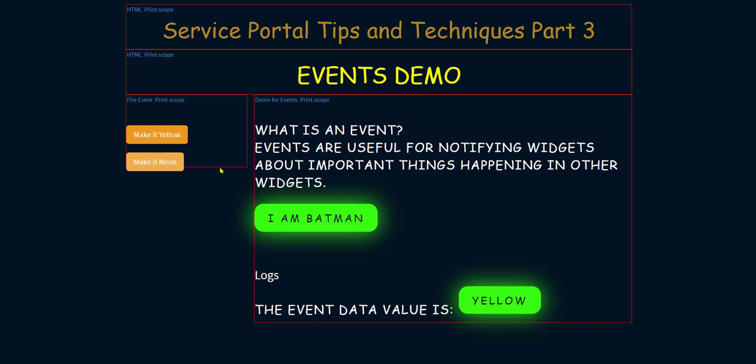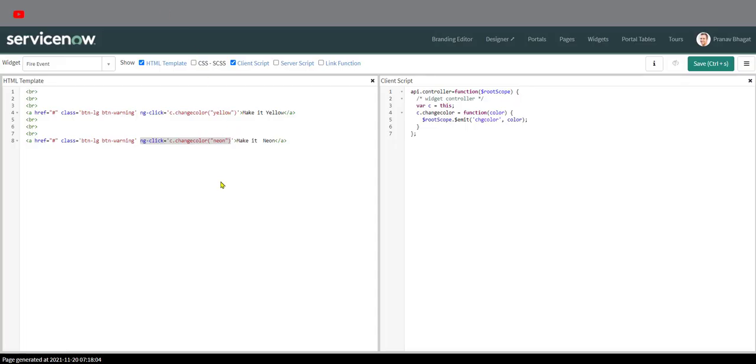Firstly, we'll go into the Fire Event one. So if you can see, this is the Fire Event widget. What I have done is I have two anchor tags on which I have used an ng-click, which is just a function that I have written in the client script. The main thing that we have to understand is this $rootScope.$emit, and we have